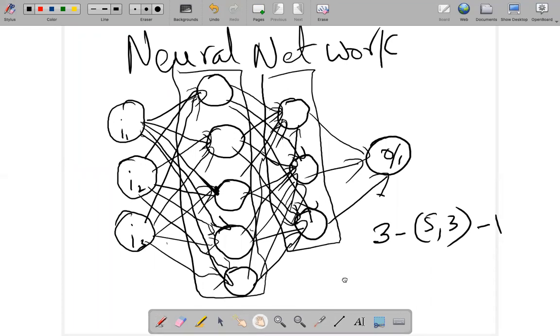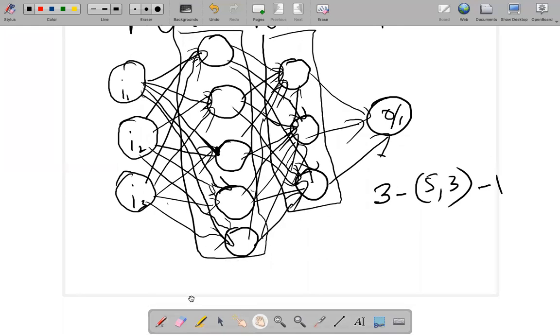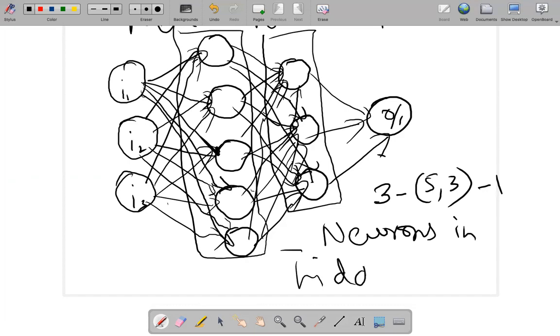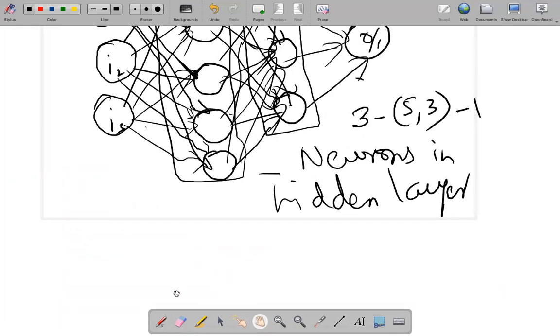Now, in these neural networks, the neurons in the hidden layers have something called activation functions. The neurons in the hidden layer will have activation functions, and these activation functions will process the data.